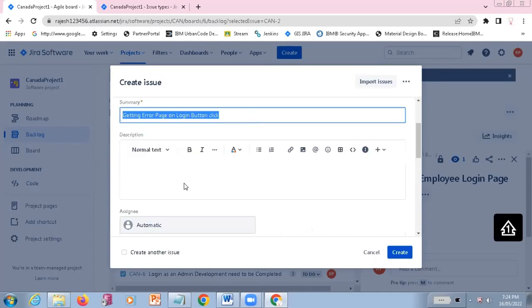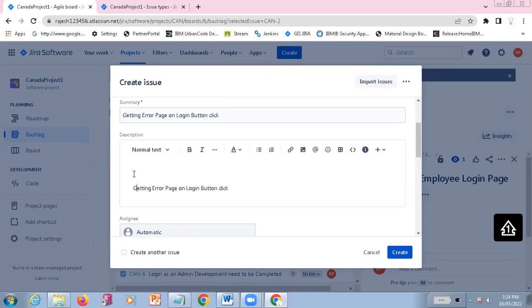Okay, so what is the summary? You want to specify what the scenario is. So what is the scenario? You are just going to specify it. Initially you enter